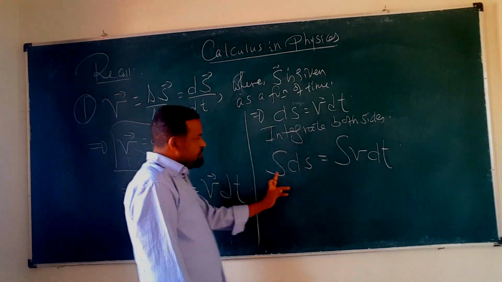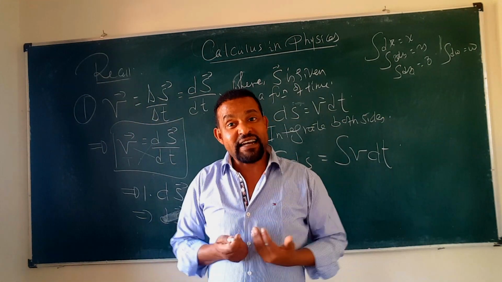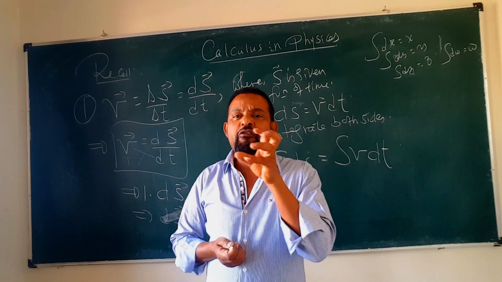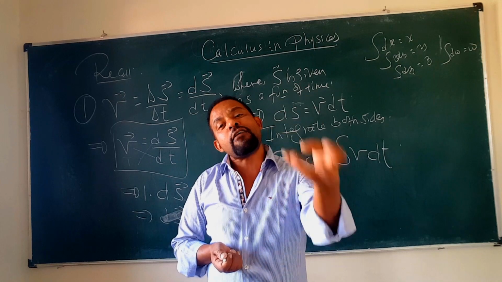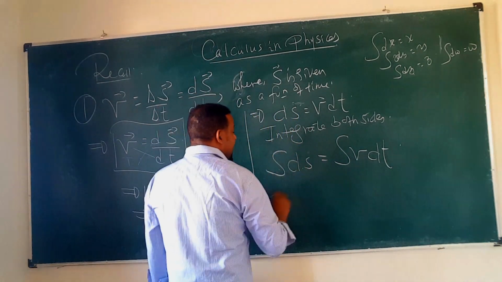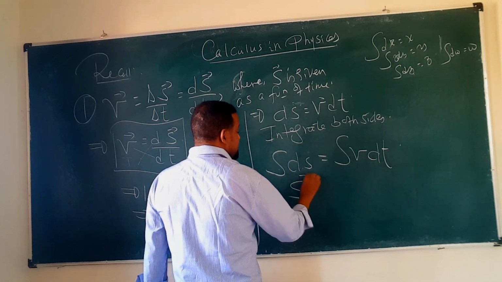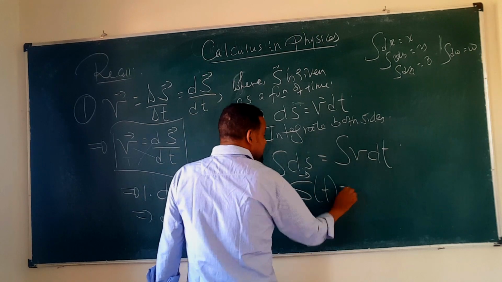Now remember when we discussed the integral part, the integral of dx is x, the integral of dy is y, the integral of dw is w. So the integral of ds is nothing but the displacement function s, of course as a function of t,